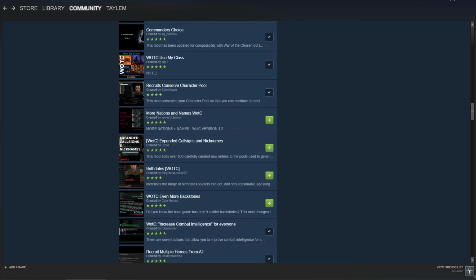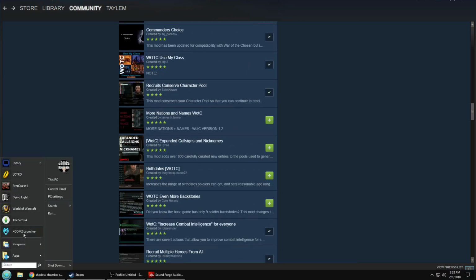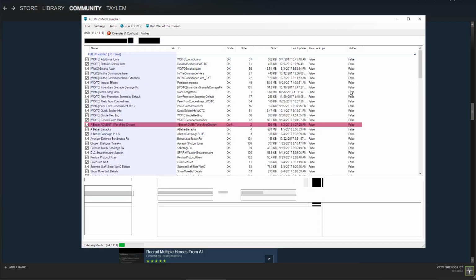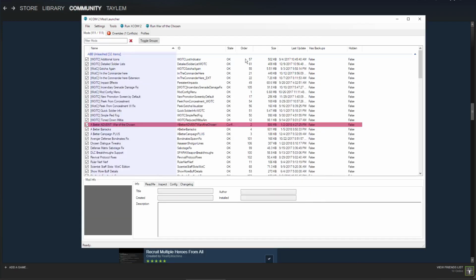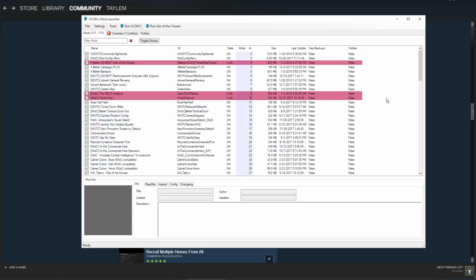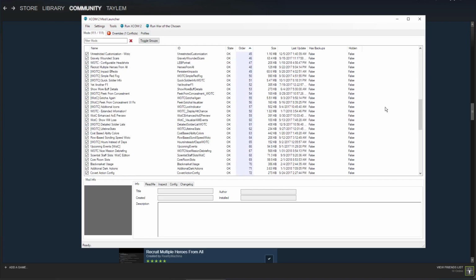Alrighty, so let's go ahead and just click right back into the mod launcher. Let it do its thing, and it stops. It got the load order going. Alright, so that's it. Now, the next step that you guys need to do after you install your main foundation